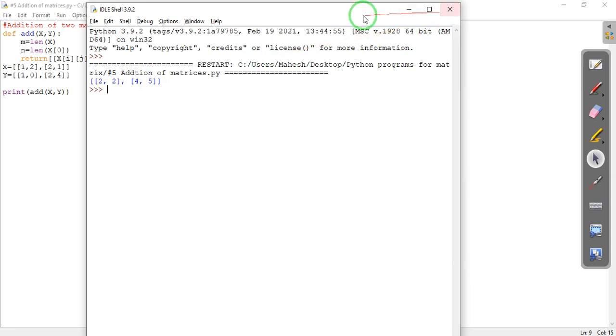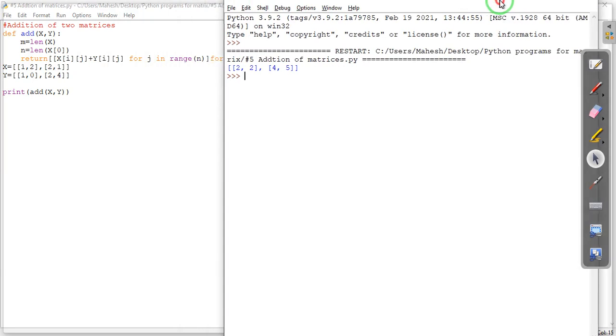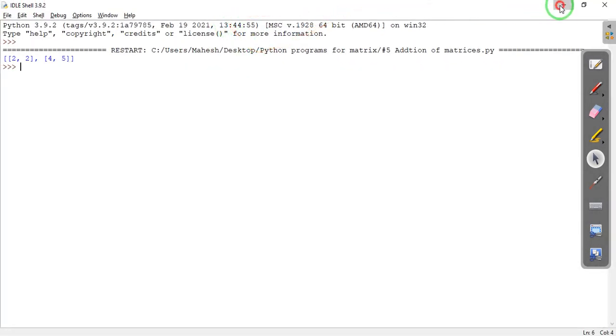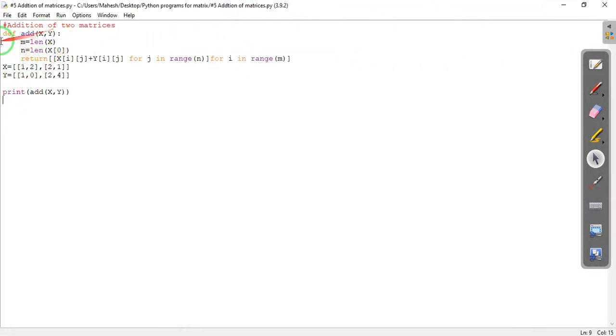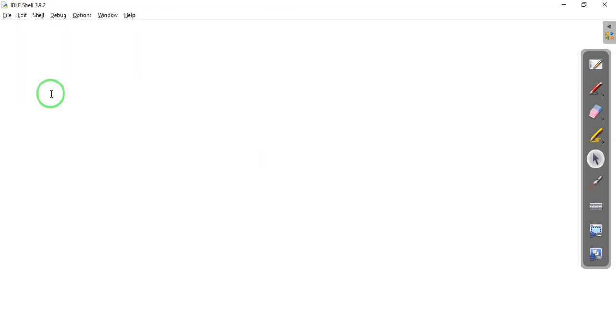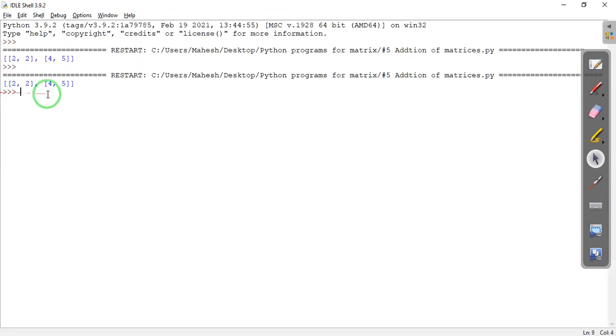Now again, you need not write just x and y here. We have defined this for two matrices x and y. If we want, we can write this as a and y, but when you write that, you have to define what a and y are. Let us run this again. You will get the same result because we have not changed the rows and columns.